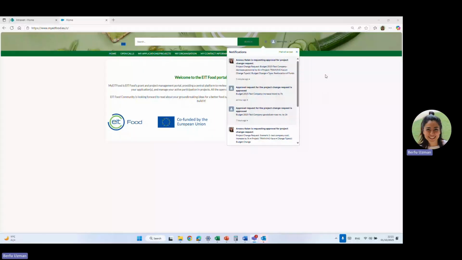And show you how the things are seen. So you can see the request either from the bell here. Now you won't see it as I already clicked on it while getting prepared for the recording. But normally you will see a red point there that will be the alert to let you know that there is a notification, or you can check the things under project change requests via the projects tab, my applications projects